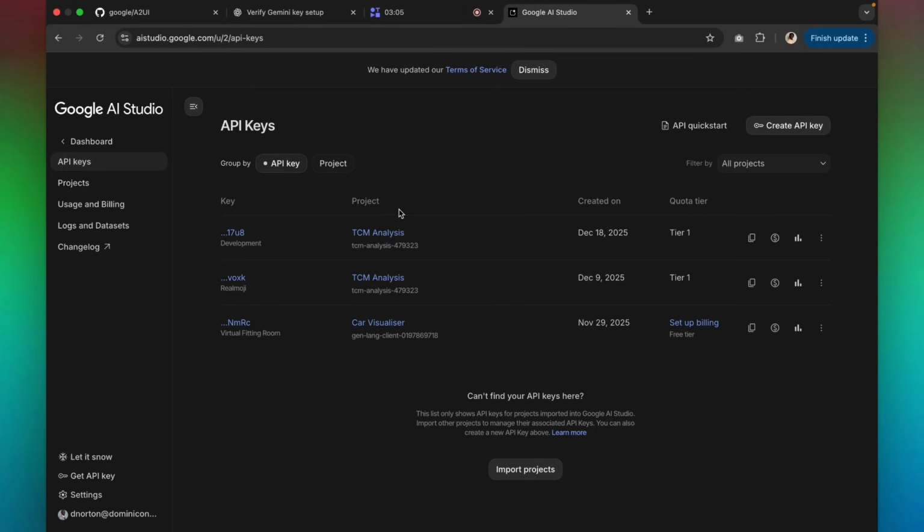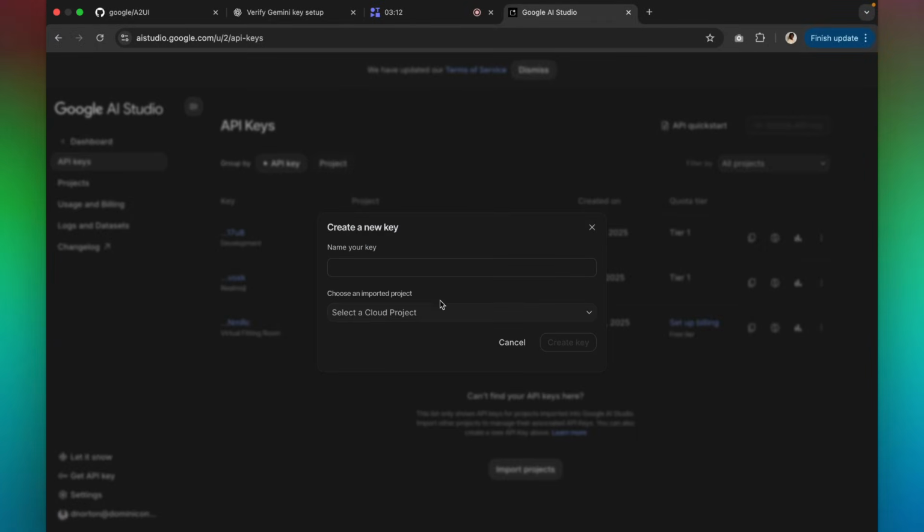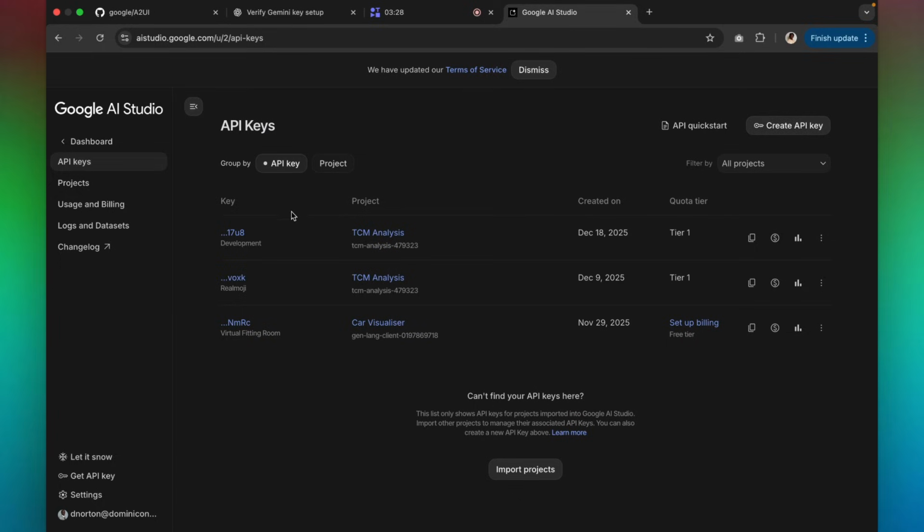So what you're going to need to create an API key, if I actually try to create a new one here, you name your key, but it's going to ask you to start a new cloud project, and that's in Google Cloud Platform. So you're going to need to start a new Google Cloud project. You're going to need to connect the bill into that, and then you'll be able to create API keys. So I am just going to grab my API key here. Maybe I can just hit copy